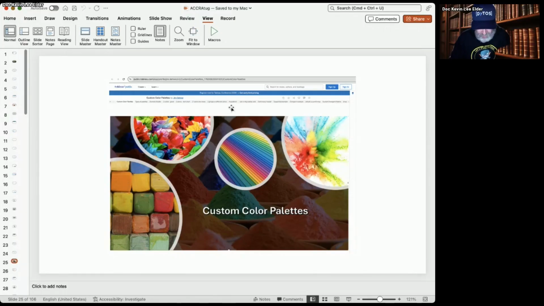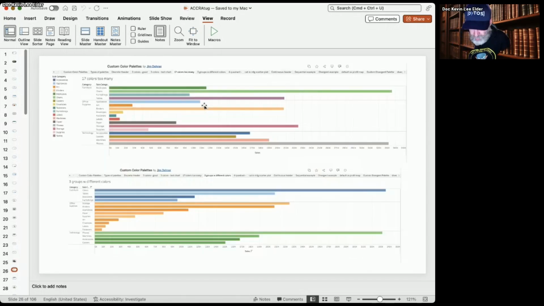And so again, I will create one where I will have, here's too many colors on the screen, way too many colors at the top. And then Jim fixes it. Well, here is not too many colors.